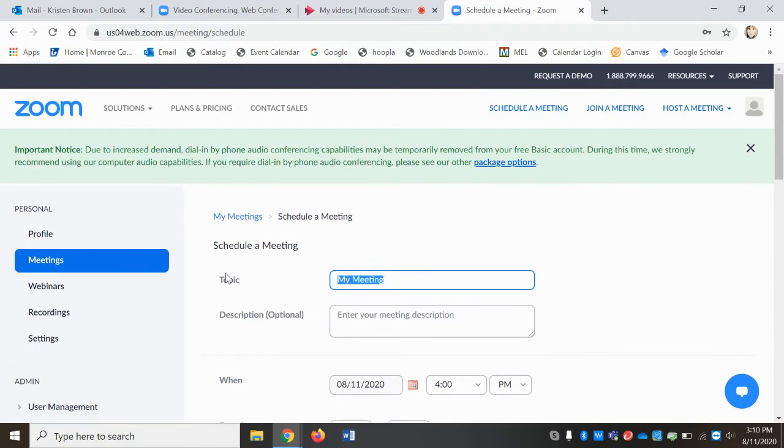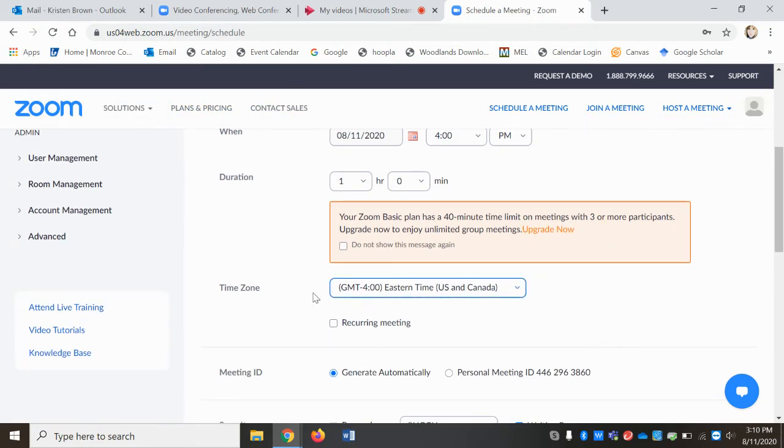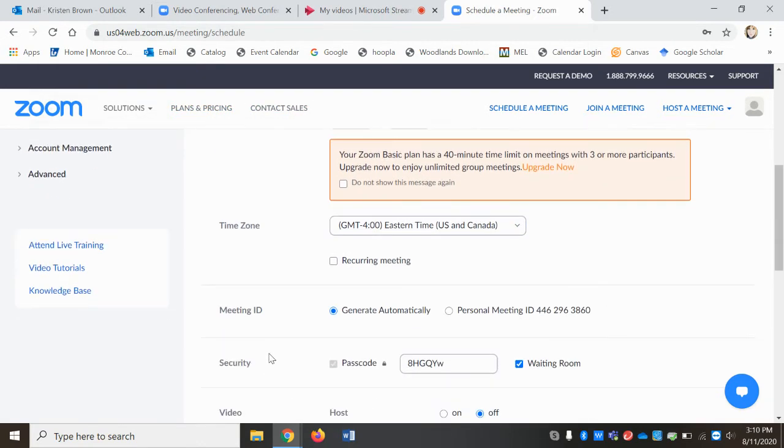You're going to fill in all of this information. So your topic, my meeting, description, when is your meeting, okay? It even tells you right here, which is super nice that they remind you of this, but the basic plan that's free, it has a 40-minute time limit, okay, with 3 or more participants. If you want to upgrade, it will be a certain amount, and you can come up here and they'll show you the plans and pricing for that. What time zone you would like to have that in,